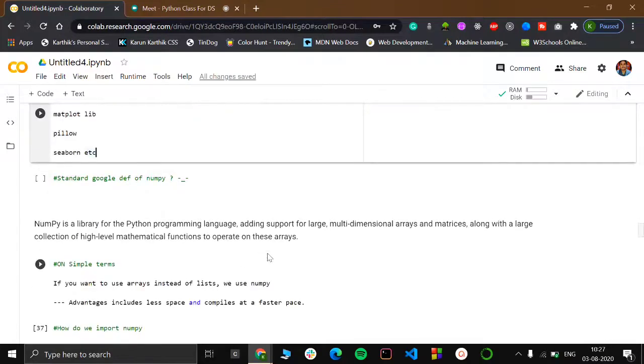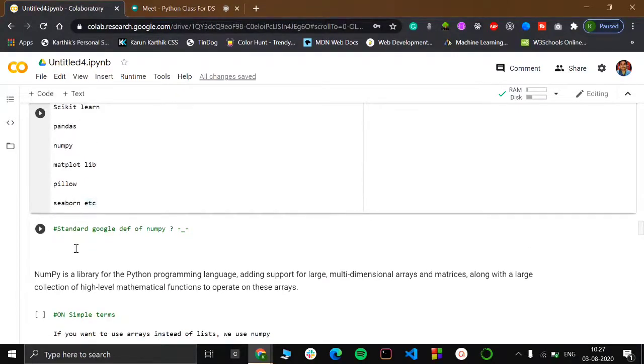NumPy will be the very first basic package which we will be learning about. According to a definition from Google, NumPy is a library for the Python programming language adding support for large multi-dimensional arrays and matrices, along with a large collection of high-level mathematical functions to operate on these arrays. So this is all crap.